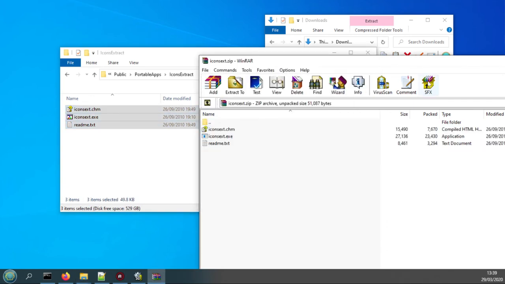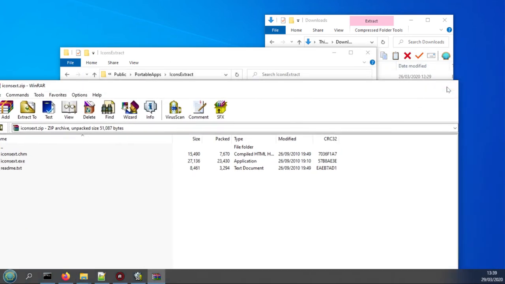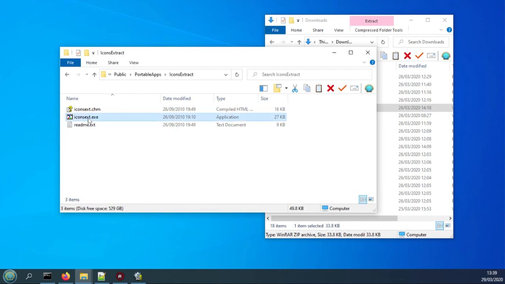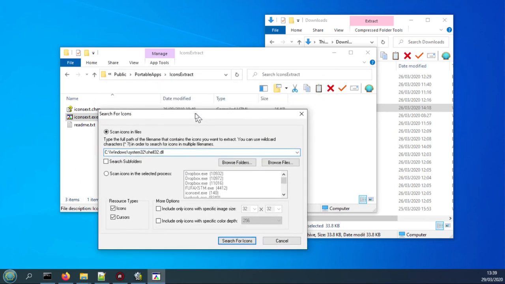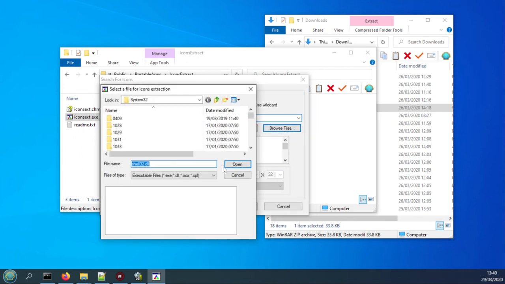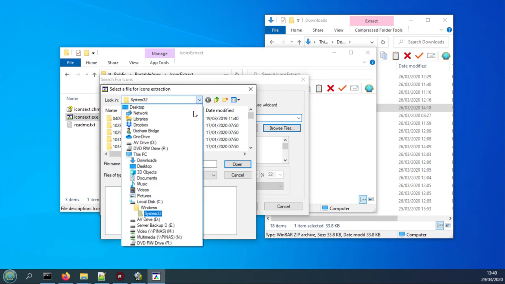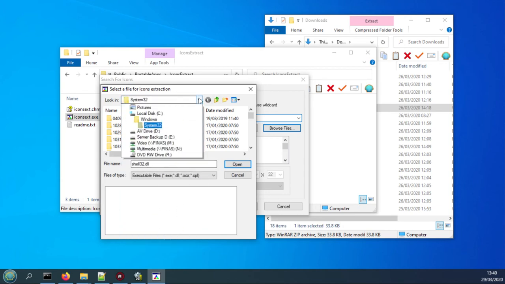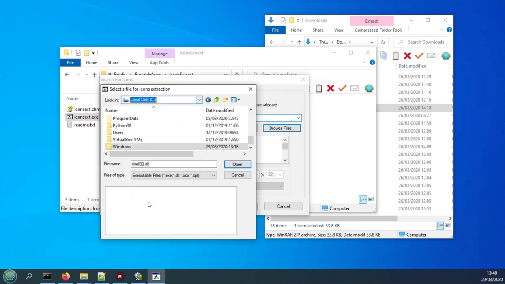That's great. Again, there's no installation needed, so we'll double click that, and on my other screen I'll drag that across. It's going to start scanning icons in the normal place that you would find them. By all means have a little play for this, but we don't need all that. We've got a specific file that we want to use, so we'll browse files. We don't need System32. We'll go into, if we can find our users,